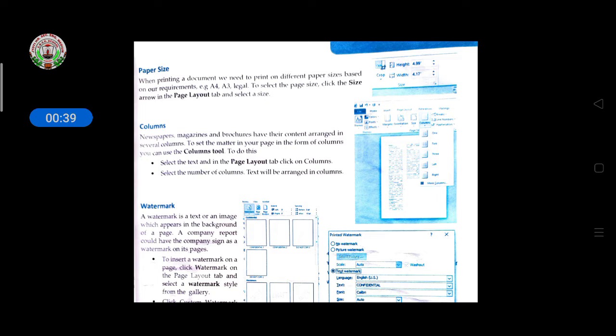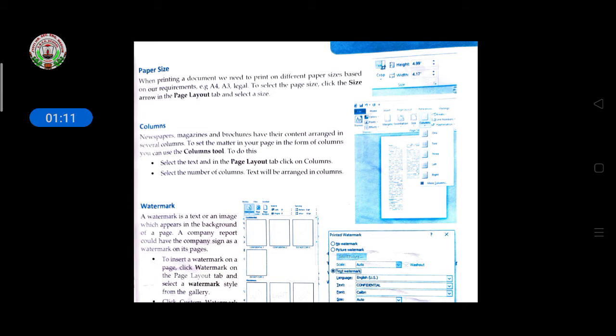It means that suppose you are taking a printout of that particular content on an A3 page, or if we want it on a legal paper, first of all we have to select it before giving the print command. Before that we have to select which type of print we want: A4 size, A3 size, or legal size, and then give the print command from there.